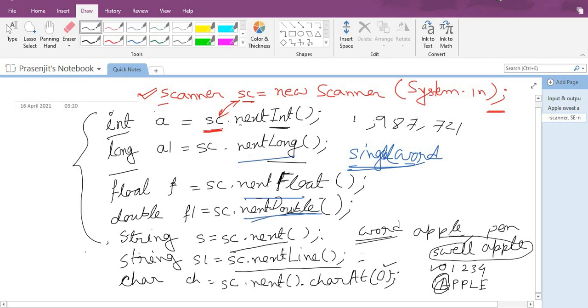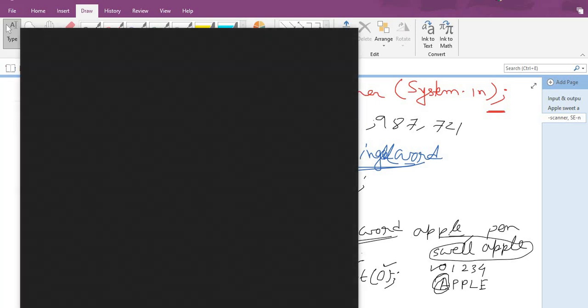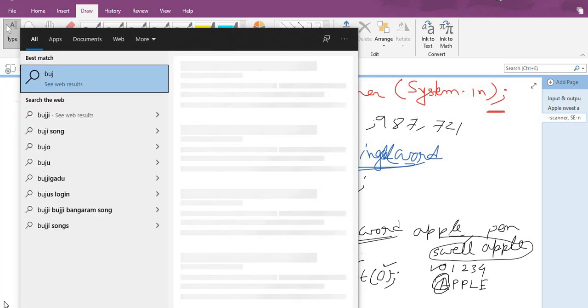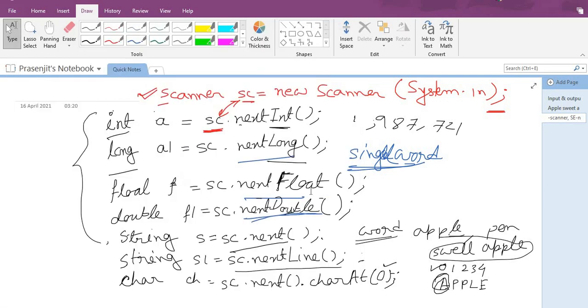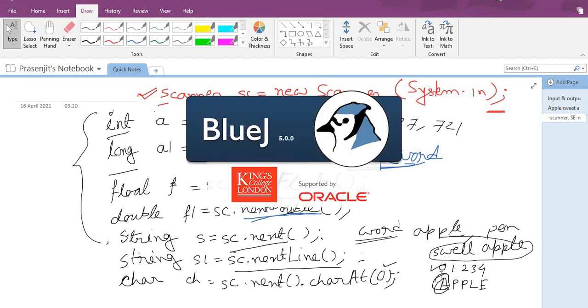So today I am writing a small program in BlueJ. I will explain each and everything. First I am opening BlueJ for you. It will take time to load, so it will be better for you to understand the entire thing.